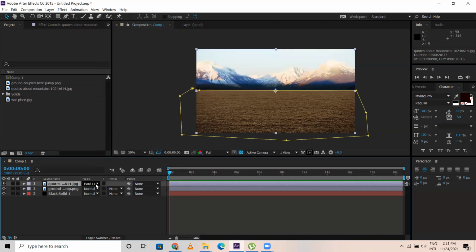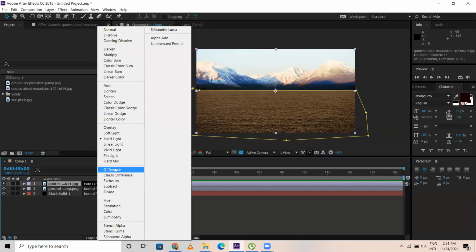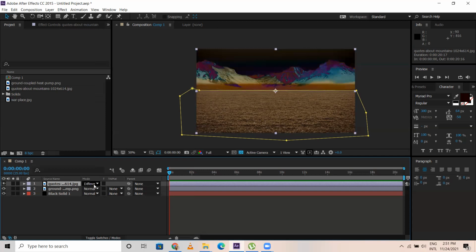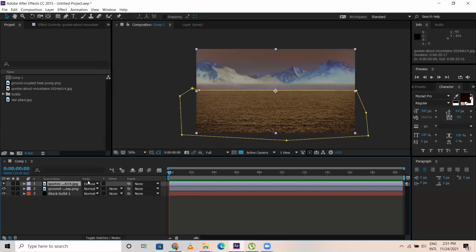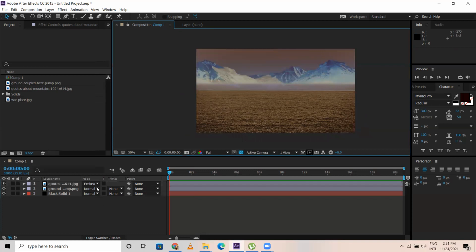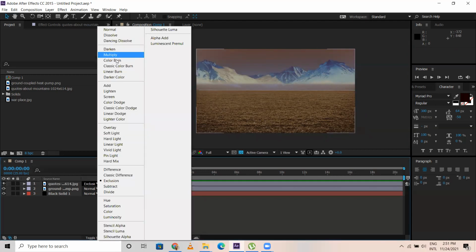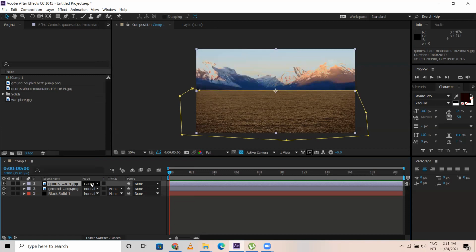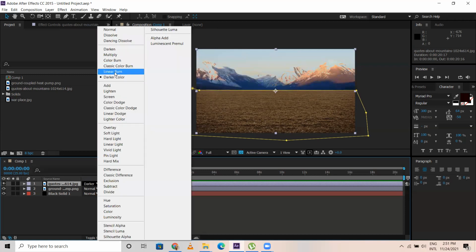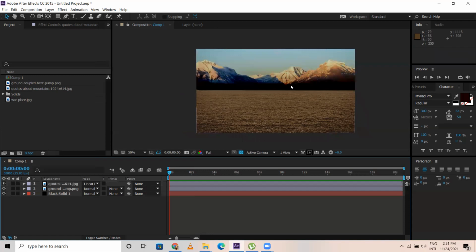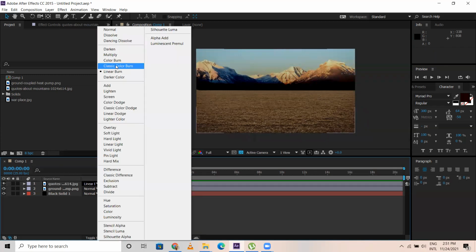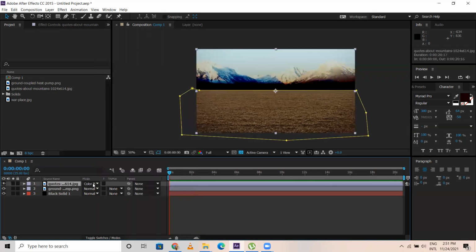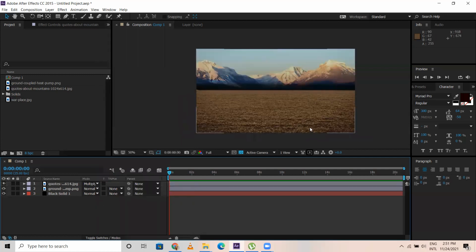This is fine. Exclusion is also okay, but I think linear burn is something like this, or let's say multiply. I think multiply is suitable. Okay, I'll go with multiply.